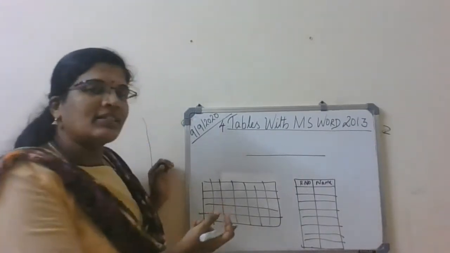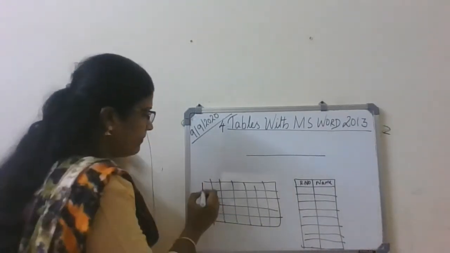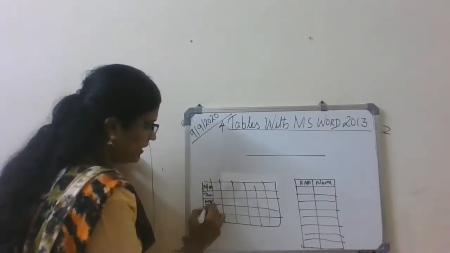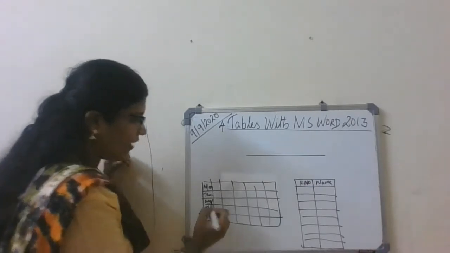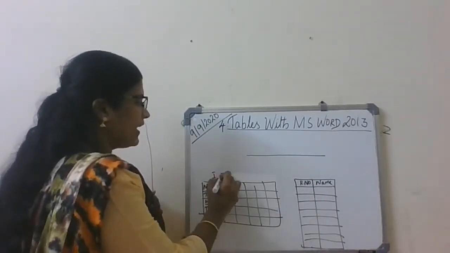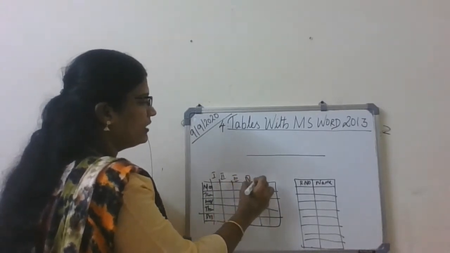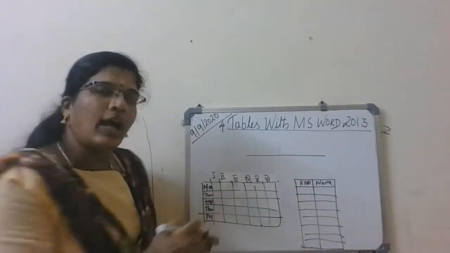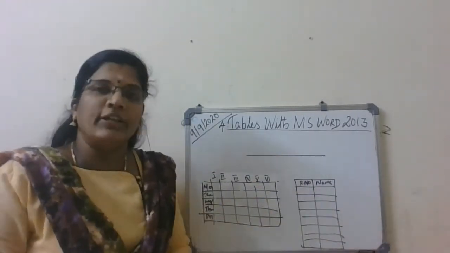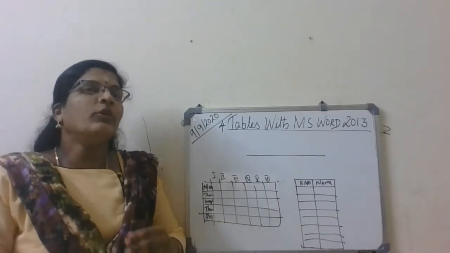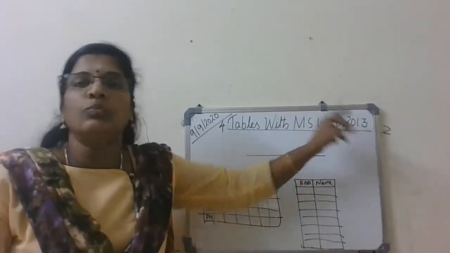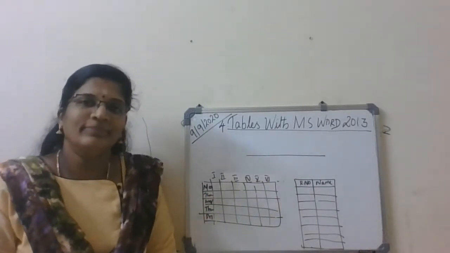And this is the class. Assume that this is a class timetable, okay? So Monday, Tuesday, Wednesday, Thursday, Friday. All the days will be displayed, and periods: first period, second period, third, fourth, fifth, sixth. It goes on up to 8 periods. Am I right? So these are the tables we have seen so far. Now we are going to study how to create these tables in MS Word 2013. Got it?